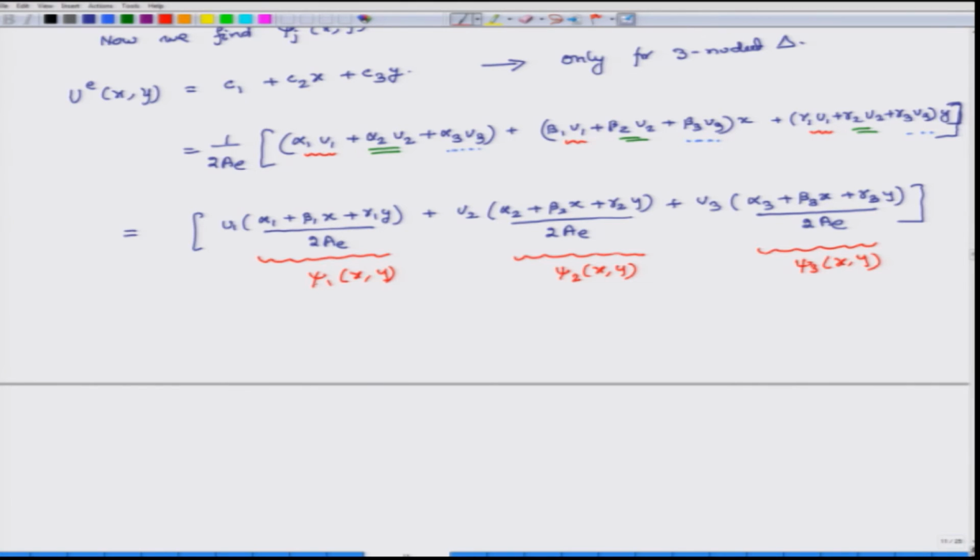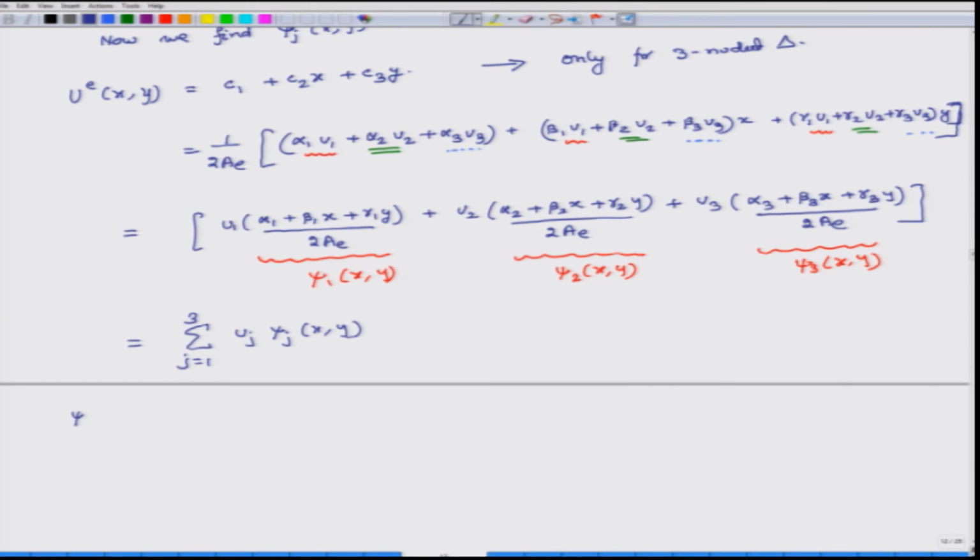So, we see that psi 1 is multiplied by u1, psi 2 is multiplied by u2, psi 3 is multiplied by u3. So, this can be expressed as the sum over j equal to 1 to 3 of uj psi j xy,